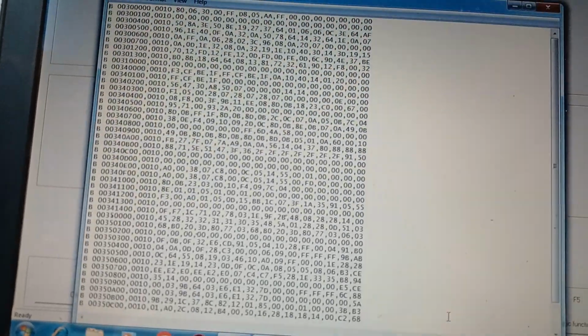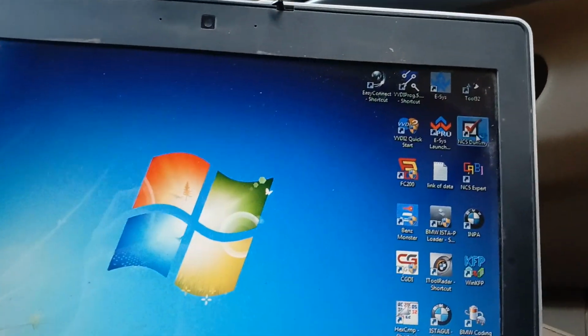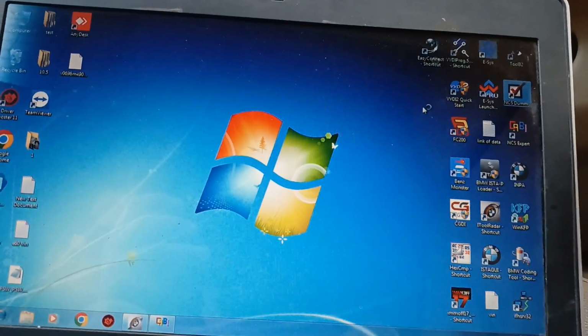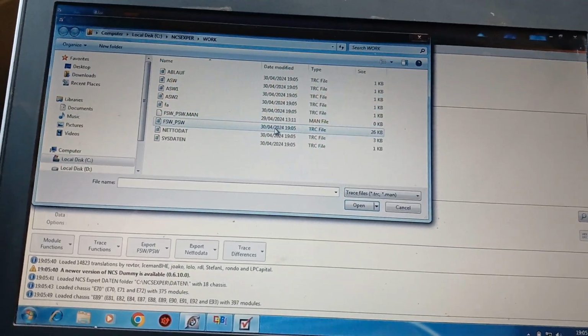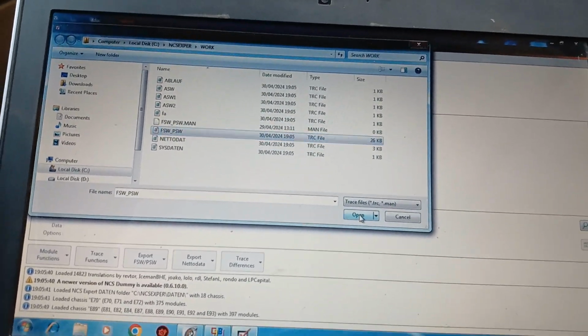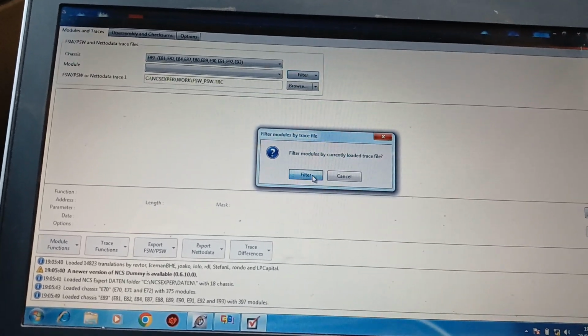coding active, wait till coding ended, and minimize, go to NCS Dummy, E90, browse, load the TRC file, okay, then filter by trace file, filter,